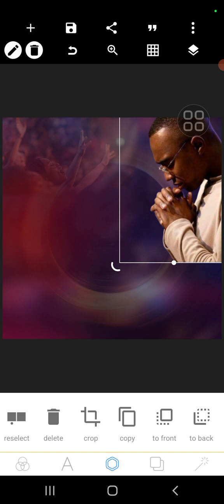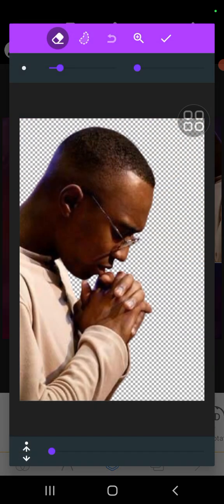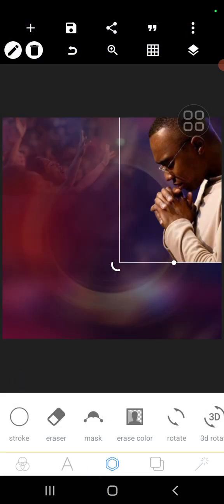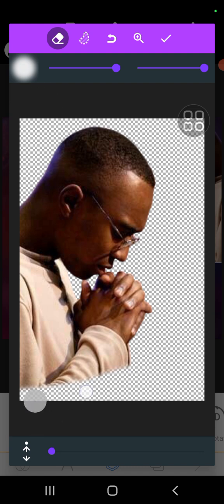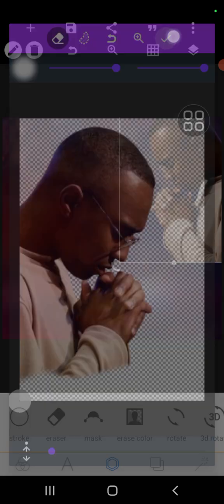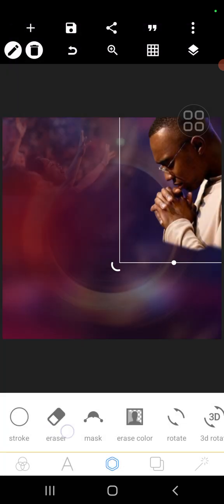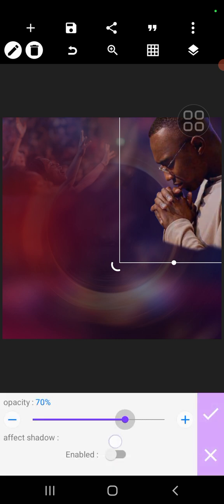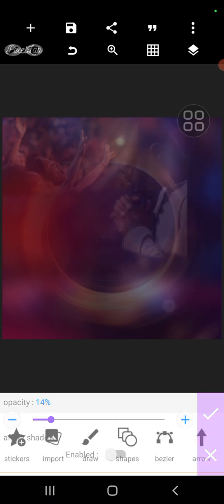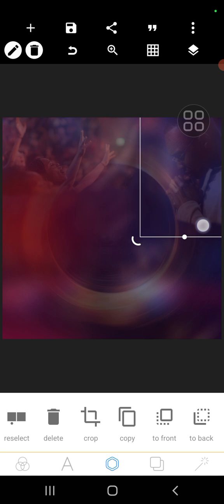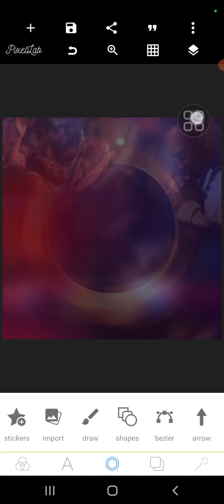So we can first come to eraser and erase the lower part of his body. All right. Erase the lower part of his body. All right. So come to opacity, reduce the opacity. So well. So you can still adjust the size. All right. So then you can